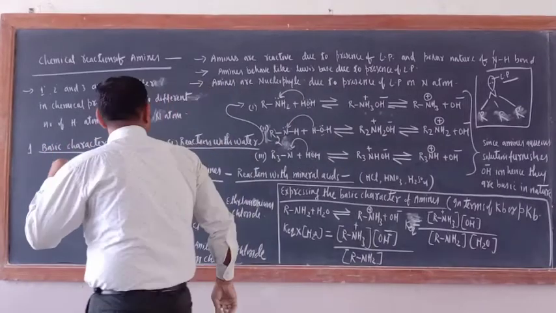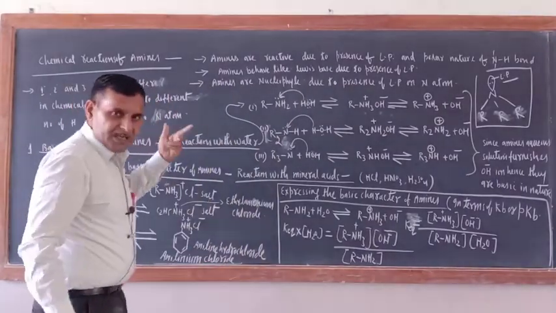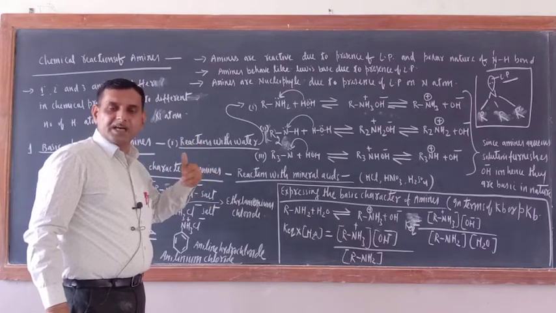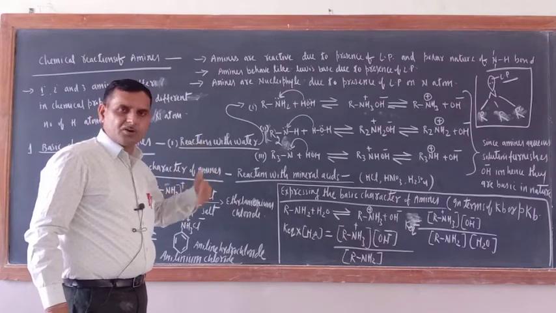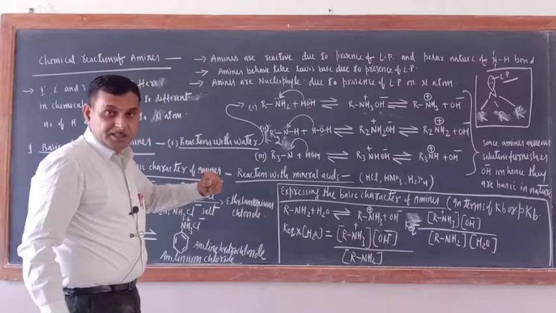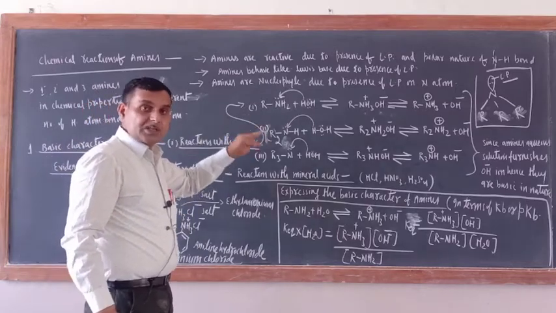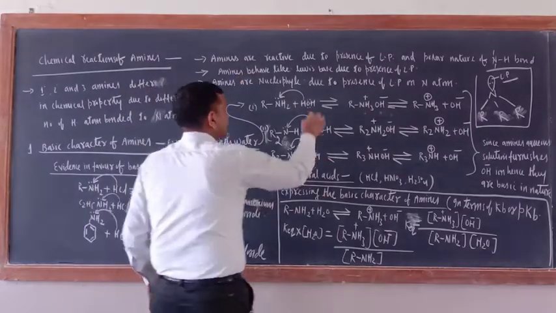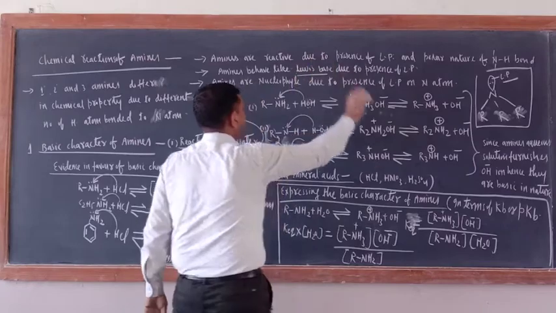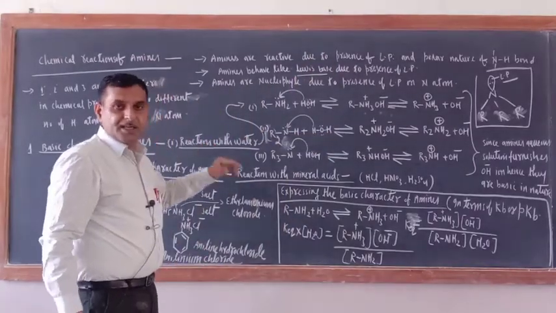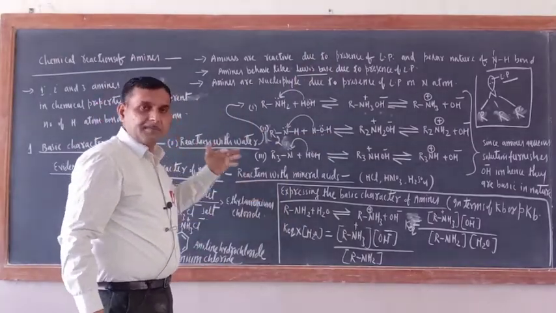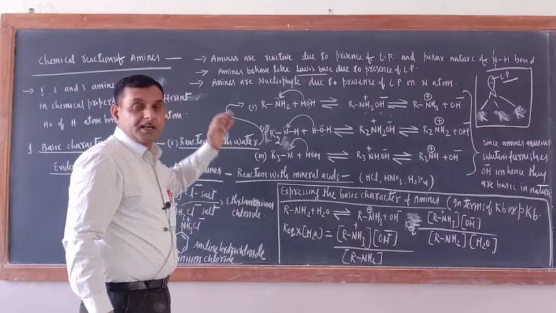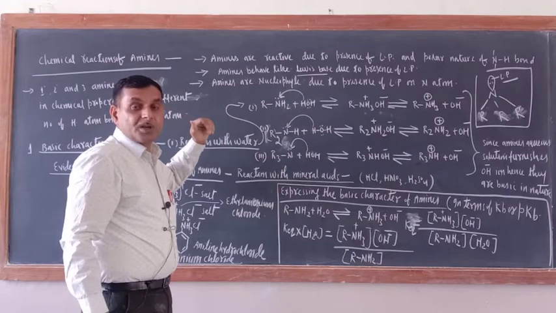Now just try to understand Lewis base. Have you heard about this one or not? Lewis bases are those compounds which are capable of donating a pair of electrons during the course of a chemical reaction. So since amines contain a lone pair of electrons, that is why they behave like a Lewis base. Okay, and a compound or group which is capable of donating a pair of electrons also acts as a nucleophile.